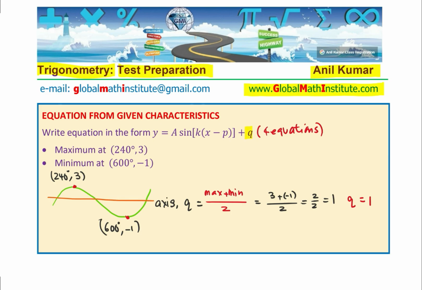Now from here, we can move upwards or downwards, taking out what is the amplitude. Amplitude, remember, is always positive, right? So amplitude is how far away you are from the axis, maximum. So both these values refer to amplitude. It is the difference between the axis and the maximum or minimum value, but the absolute value, right? So now let's look into amplitude,